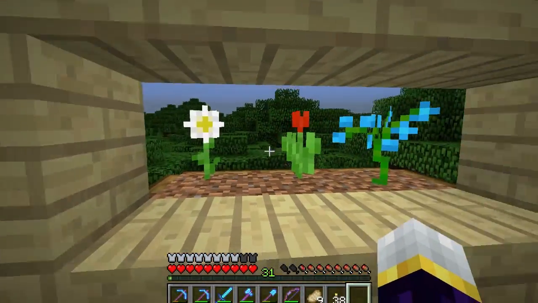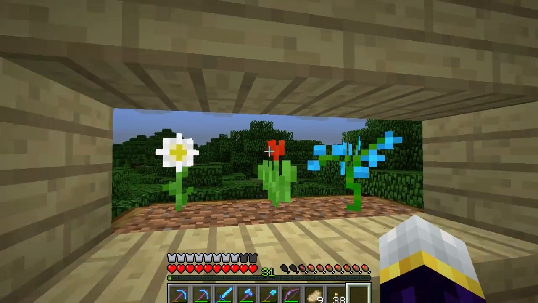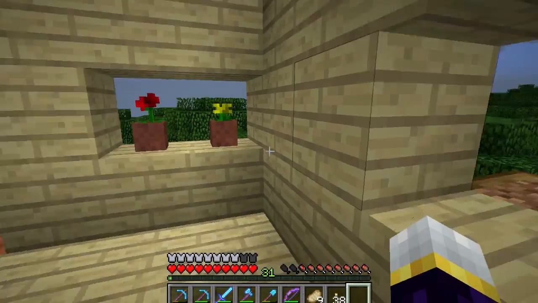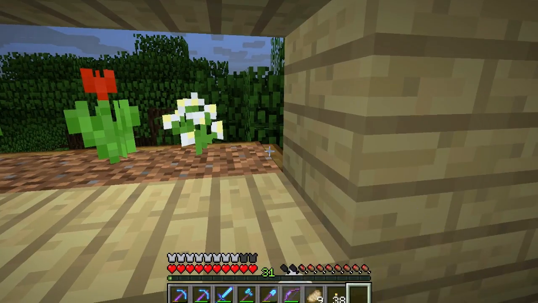Also, I took the flower pots off of these and put the flowers in there because I realized it was kind of pointless to have flower pots with dirt in them sitting on top of dirt with flowers on the dirt and the flower pots on top of the dirt. So I just took the flower pots away, and now it looks way better than having flowers in flower pots for no reason. So, considering that these are technically supposed to be flower pots anyway,